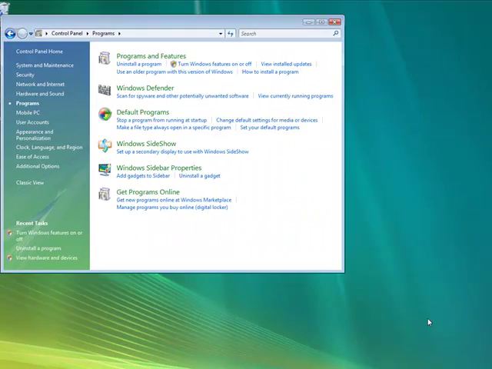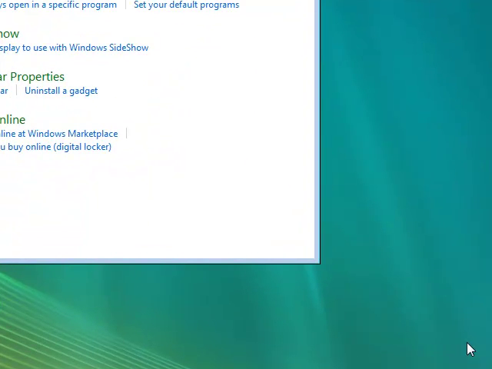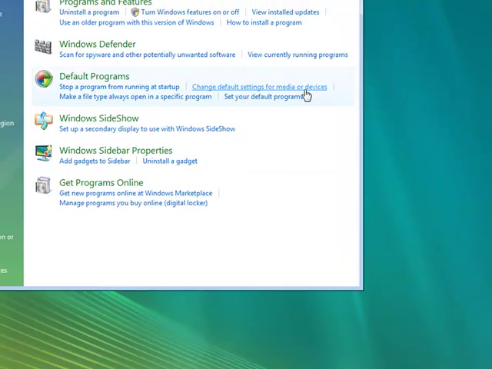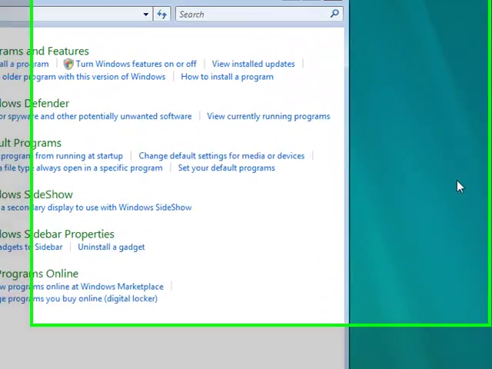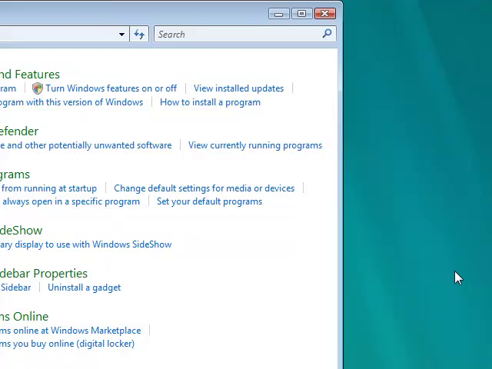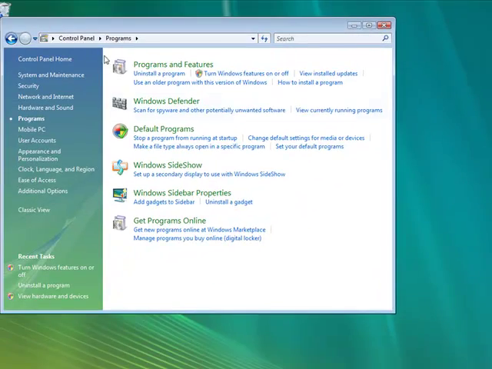Now, if this is the first time it's been configured, another box will come up that will say, please wait while the features are configured, and this might take several minutes. So it could take up to 10 minutes based on the speed of your computer. Once it's configured, you want to go back to your